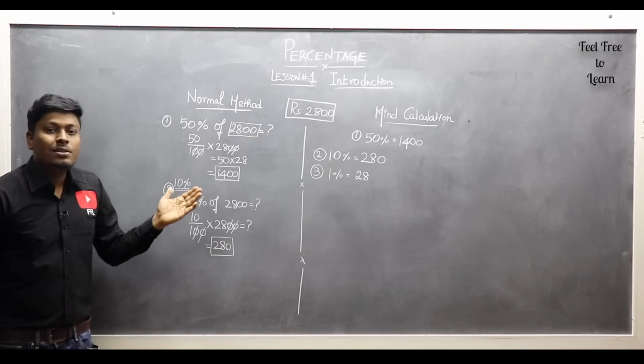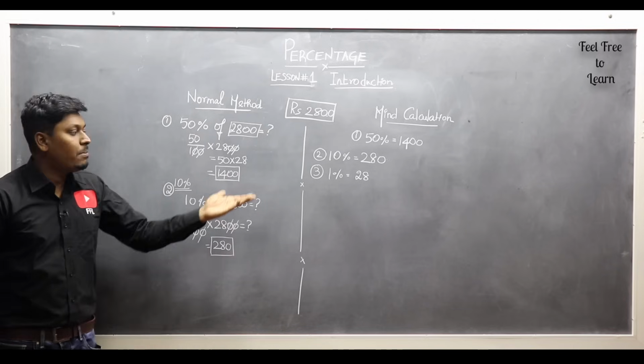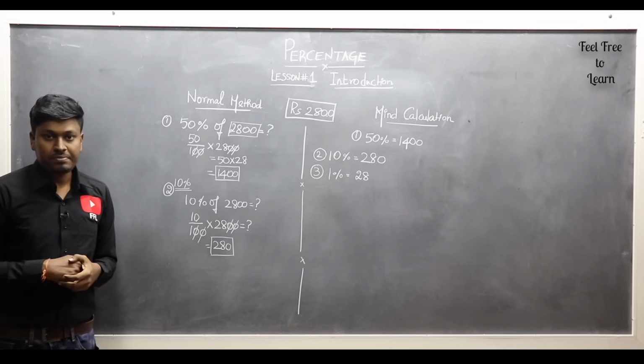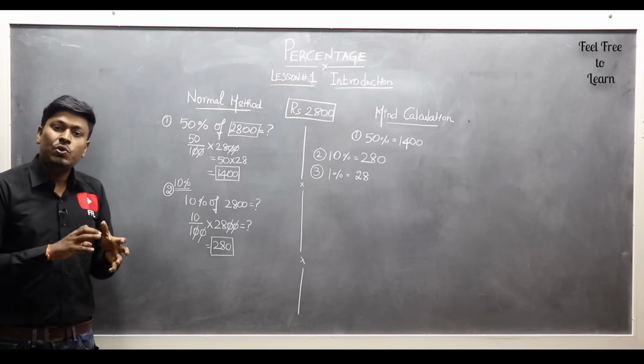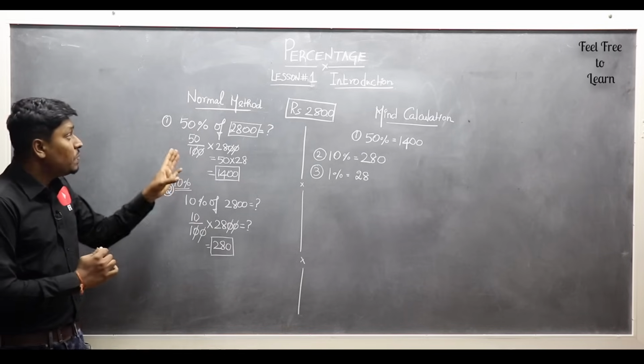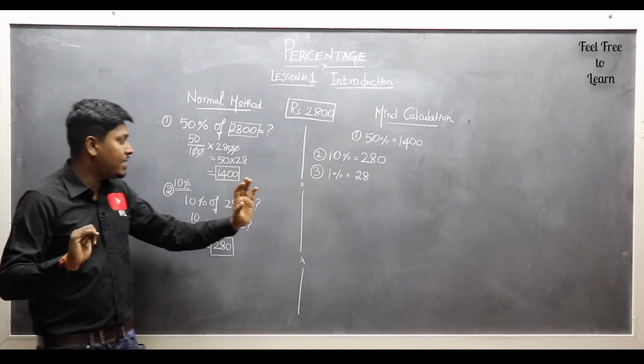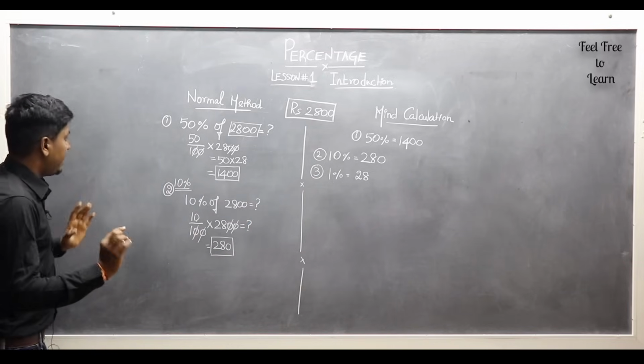Similarly, if you find 1% in the normal method, you will again get the same answer, 28. Just see, there is a huge difference, right? Very huge difference and time consuming if you go with the normal method, but very simple if you go with mind calculation. I will tell you one number. Example, let me take